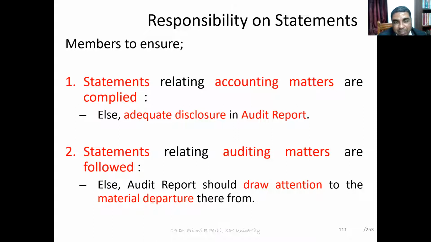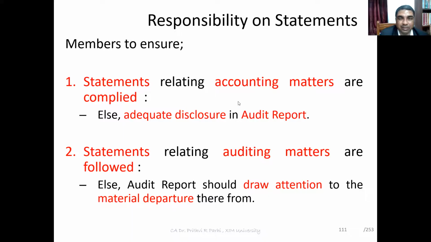Friends, please remember the standards relating to accounting matters are to be complied with. All standards relating to accounting matters have to be complied with. If you feel that accounting standards which were supposed to be complied with were not complied with, for example, closing stock or closing inventory needs to be valued at cost or NRV, whichever is lower. That's the requirement of, let us say, an accounting standard. Or revenue has to be recognized when risk and reward is transferred. If it is not compliant,